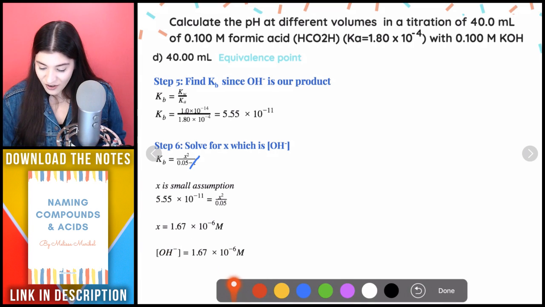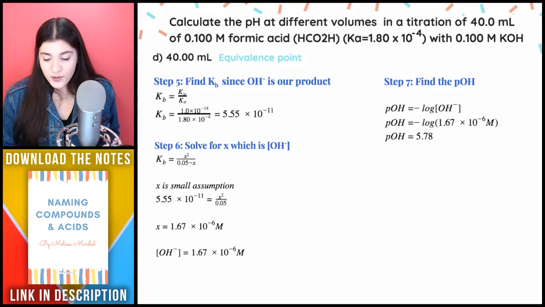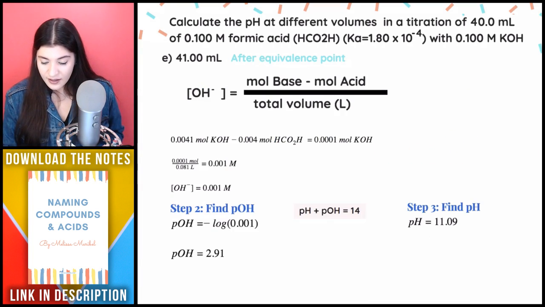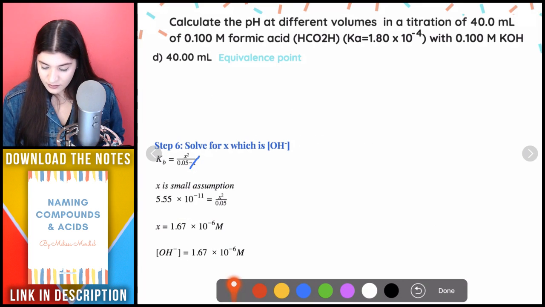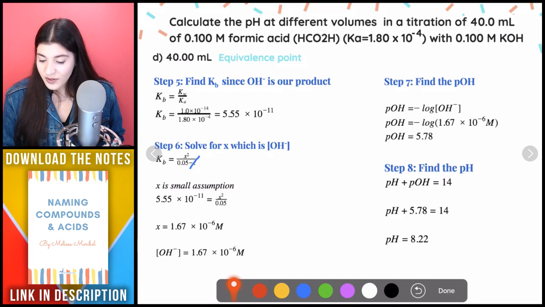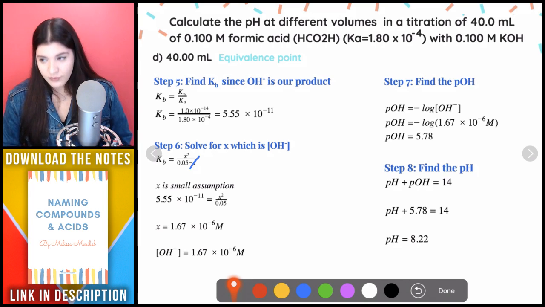What we have to do now is figure out what our pOH is, and then figure out what our pH is. So this is another way you can go around this: you could figure out the pOH by taking the negative log of our concentration of our base. So I'd plug that in. And then our pOH is 5.78. Let me go back. And then we would use this formula, plug in our pOH value, subtract this over to 14, and our pH is 8.22. And that would give us our value for our pH at the equivalence point.